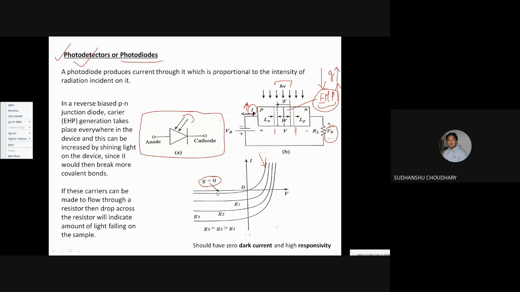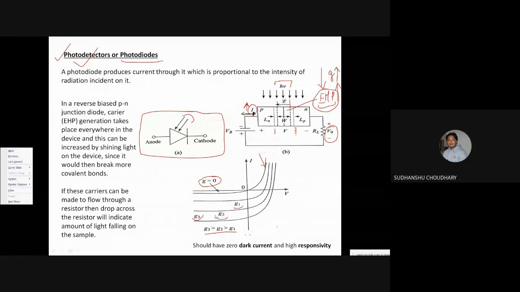So here a few generation rates have also been mentioned, that is G1, G2 and G3, which depend on the amount of light being shone. And here G3 is greater than G2, which is greater than G1. That is, generation rates are variable by the amount of light that you are shining on the junction. So obviously, since the minority carrier concentration is increasing because of this generation rate, the generation current is also increasing in the reverse bias. So the level of generation current, or the reverse current, is this much. Earlier the level of generation current was only this much.